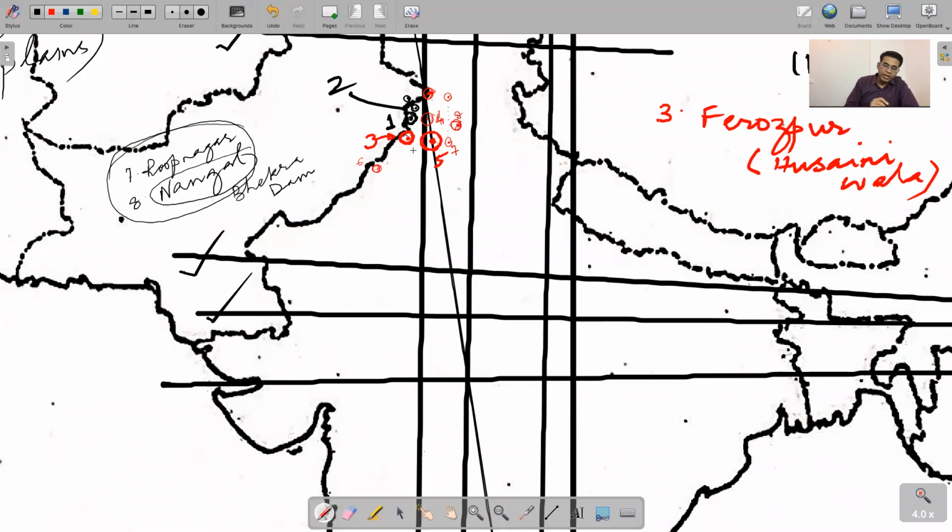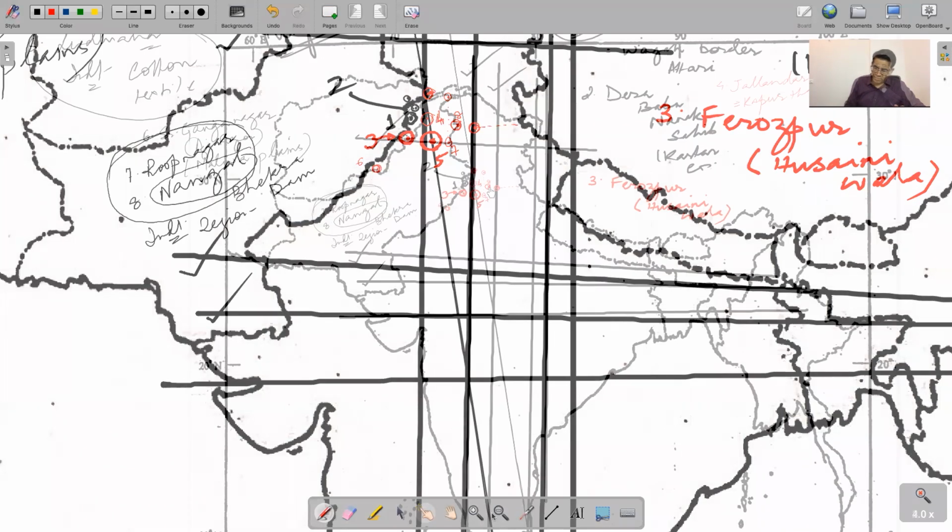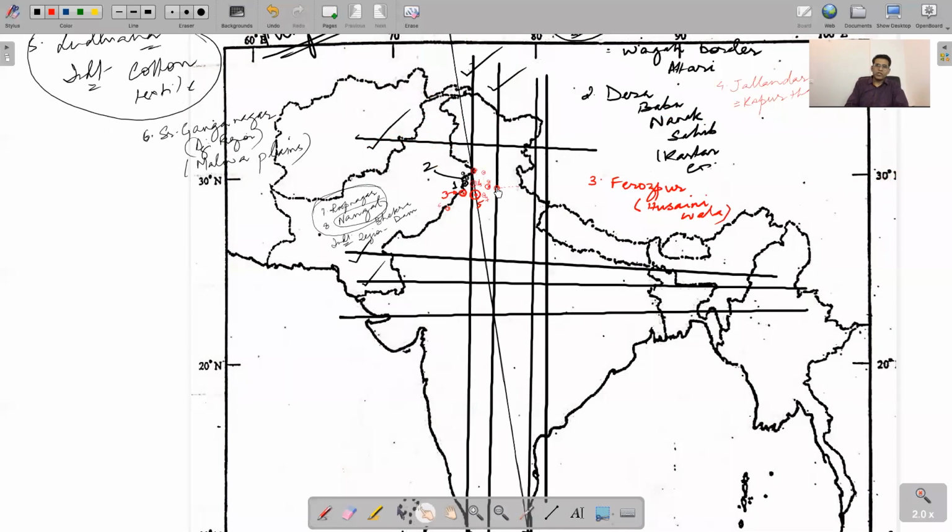Okay, and Nangal also becomes an industrial region along with Bilaspur of Himachal Pradesh. So if you remember, from this corner, you move westwards. This is Shimla. This is Nangal. From Shimla, a bit here somewhere, this is Bilaspur. So you can put Bilaspur somewhere here more or less. So if you look at this, it kind of becomes an industrial corridor, Nangal, and this is Bilaspur.